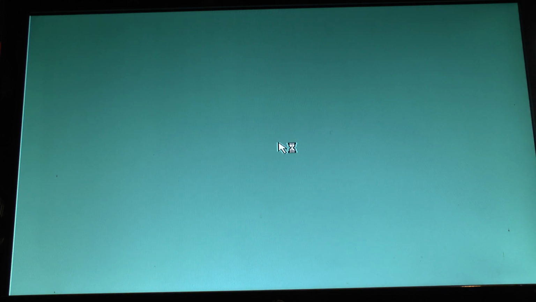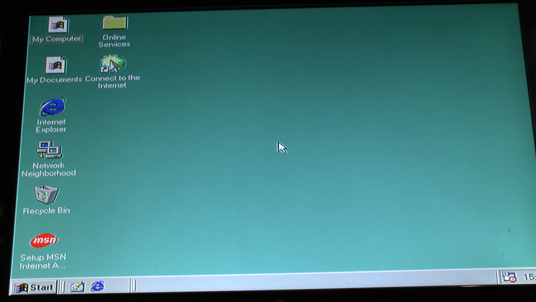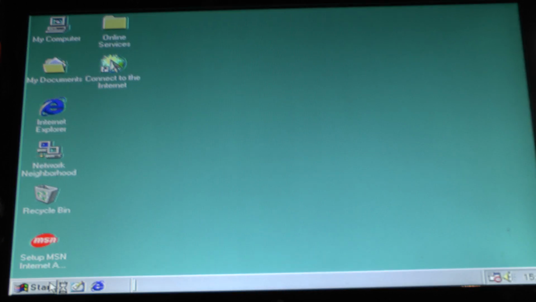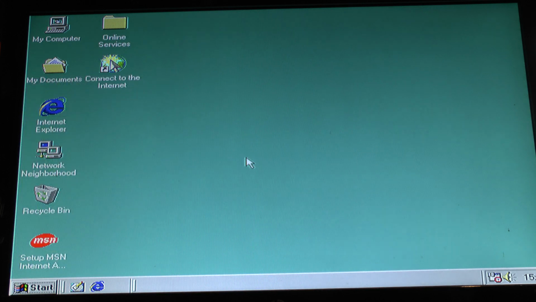Good news is we're in Windows at least this time and it hasn't crashed. So it should detect that network card with any luck and start installing it. So we'll see now if it detects it. Might not. No, it didn't detect it. So what you can do here in Windows is you can actually ask Windows to search for and detect non-plug and play devices. So we're going to go into settings, control panel,